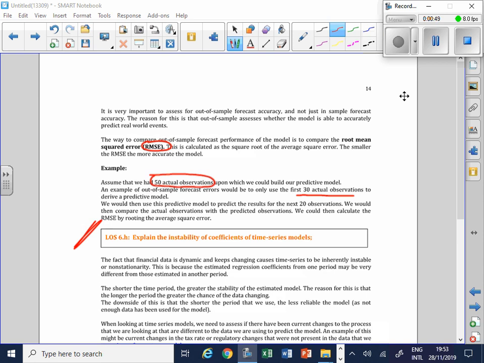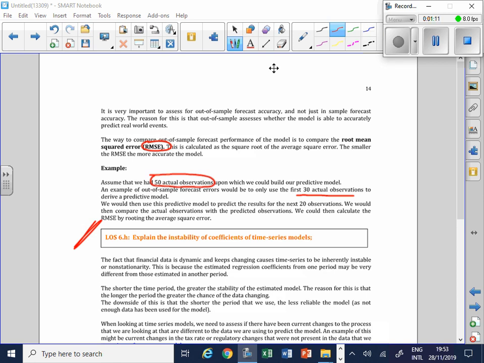Okay. Good. The shorter the time period, the greater the stability. Am I right? As with anything, not too many changes over a short time period. But remember again, guys, the shorter the time period, the less reliable the data, because the more data, the more reliable the model. So I'm caught between two sides over here.